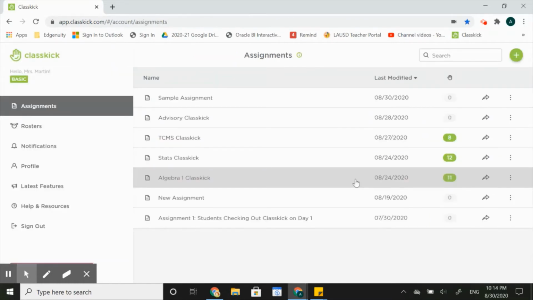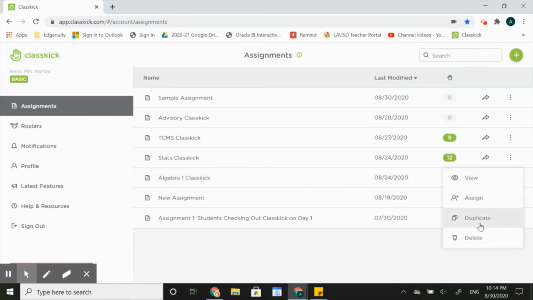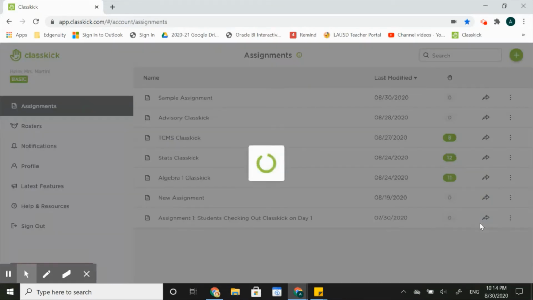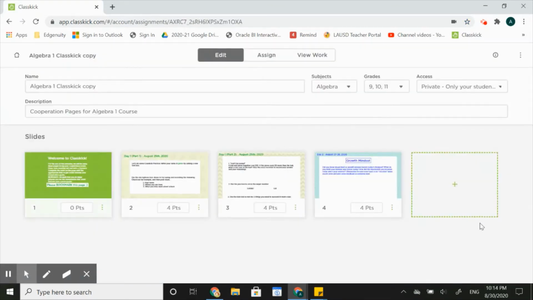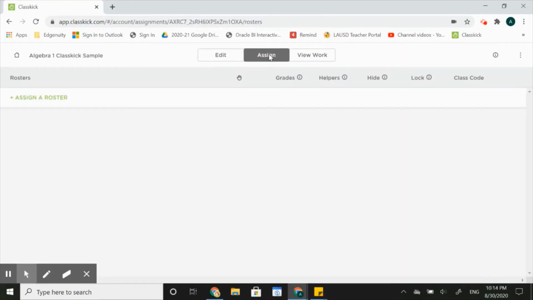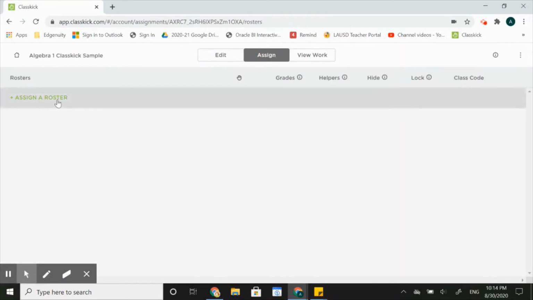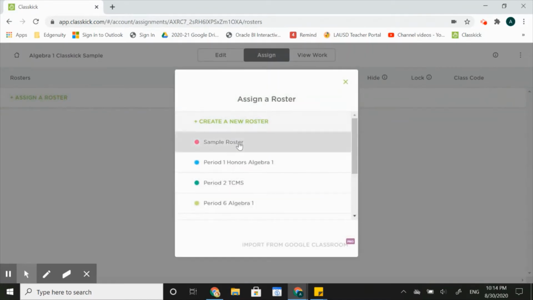Now let's take a look at how I facilitate peer support with my students. To do this, I'm going to duplicate this assignment and I'm going to assign this to a new roster. To assign classes, I'm going to click on the Assign tab up here at the top, and I'm going to assign our sample roster,